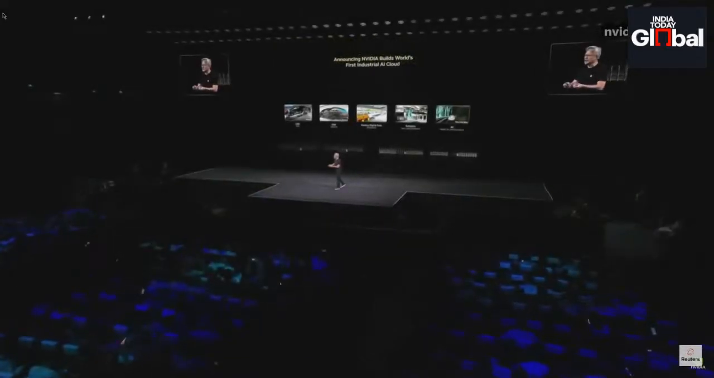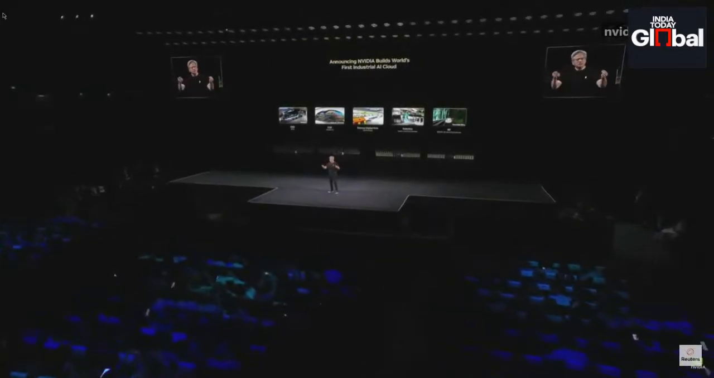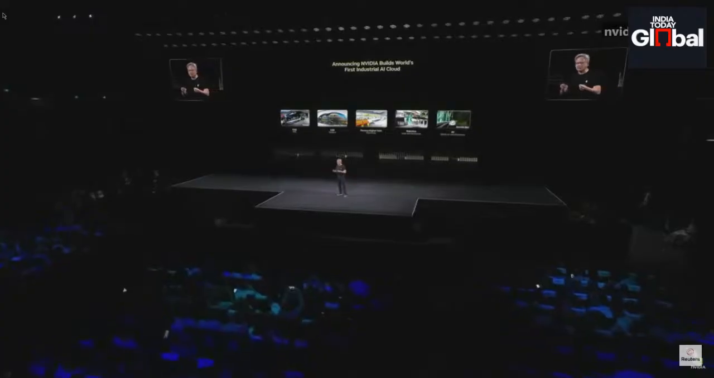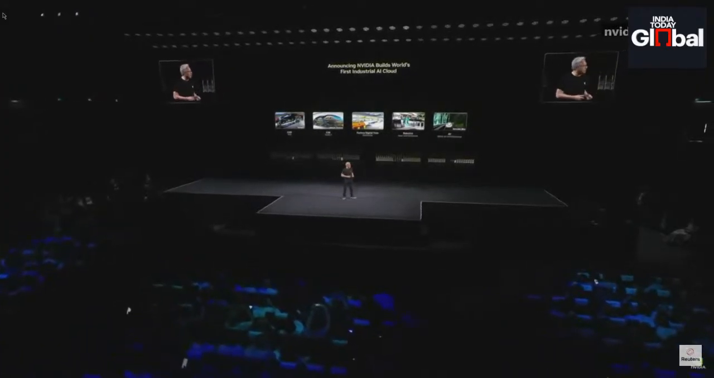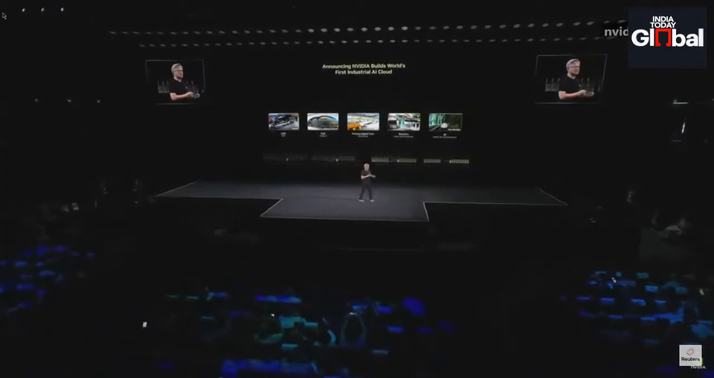These industrial AI clouds are, yes, a whole lot of computers in the cloud. However, its requirements, its performance, its safety requirements are fundamentally different. And so I'm going to tell you a lot more about it on Friday. I'm only teasing you part of the story today, but this industrial cloud will be used for design and simulation,